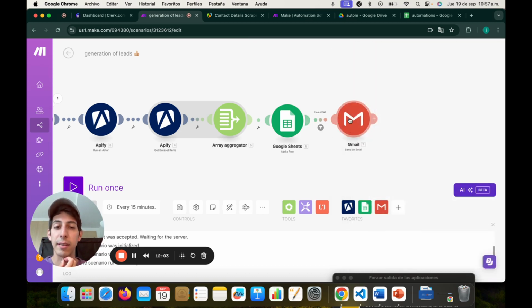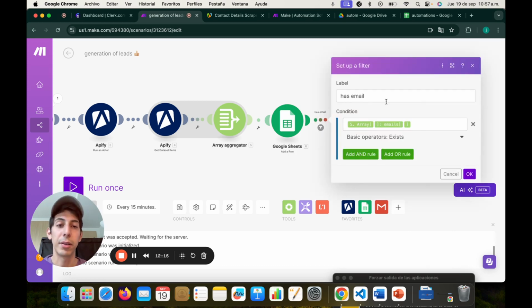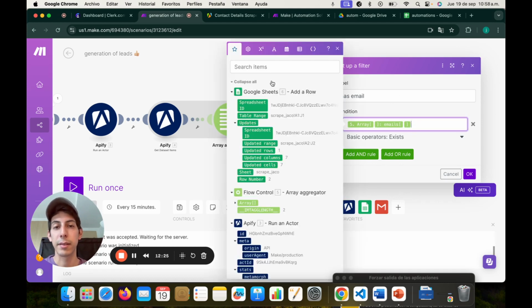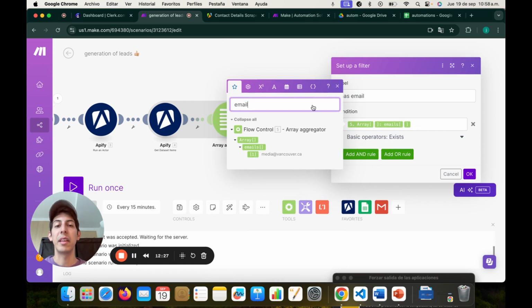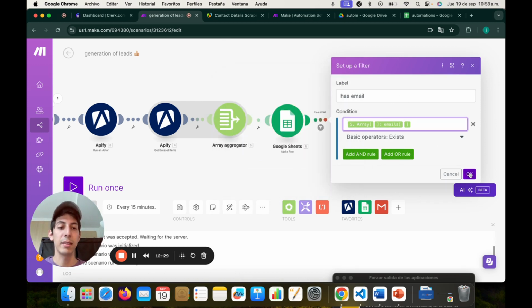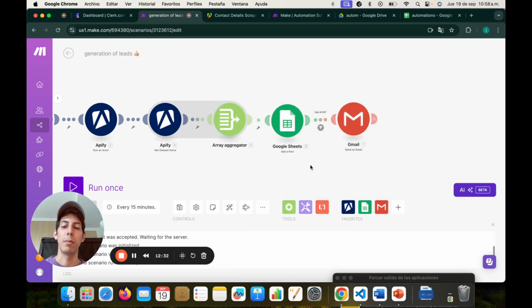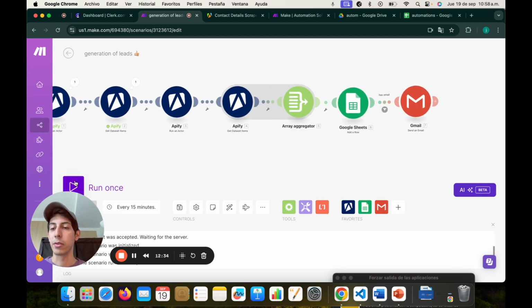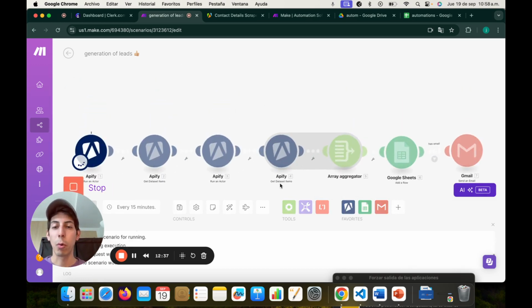If by any chance there's no email in the database, maybe it runs into an error here. So to avoid that, you put in a filter that only runs through sending an email if the email exists. In this case I typed email, so if the email exists, it will run through this automation. So perfect. We just click run once,